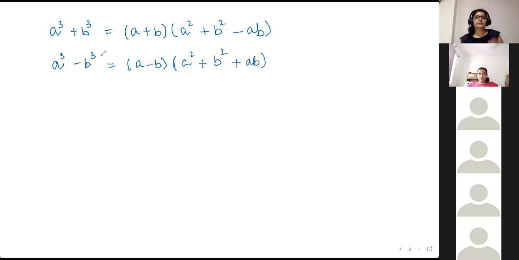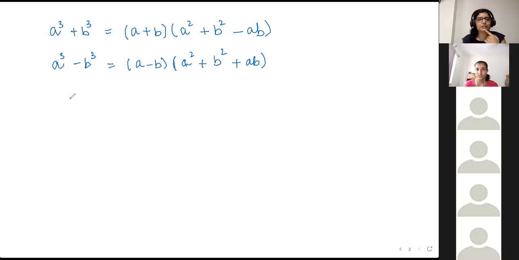Okay. Two ways to look at it. One is यहाँ पे plus b में जो है, all of that will get negative. Another way to look at it is because you already have minus b over here. अगर minus को cancel करना है तो plus ab चाहिए होगा, opposite signs. So minus b cube के लिए ab term will be plus, plus b cube के लिए ab term will be minus. Easy way of remembering it. ठीक है?